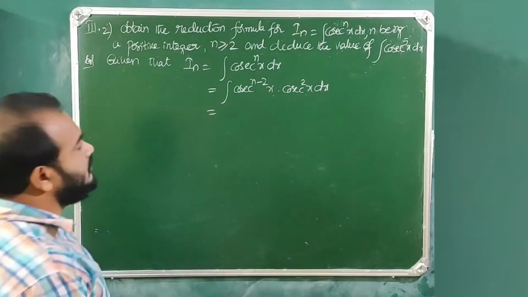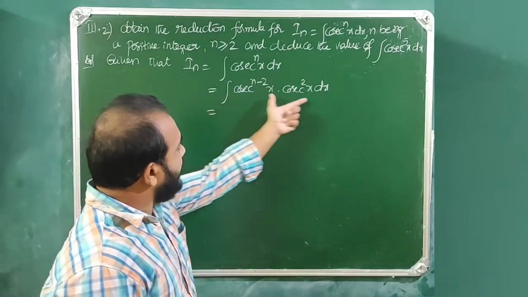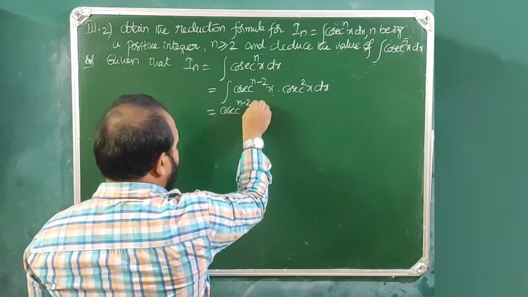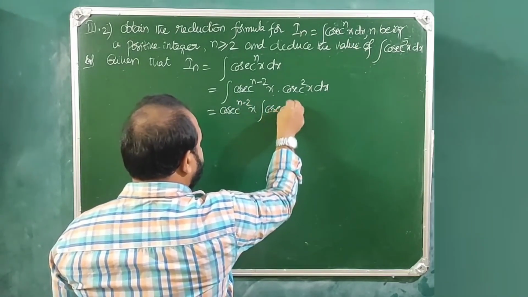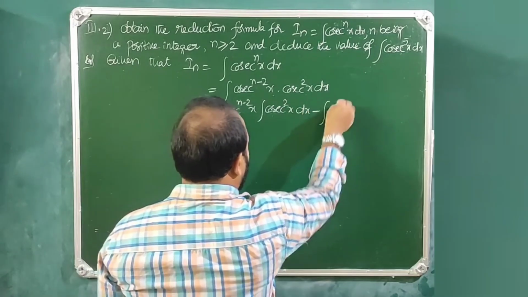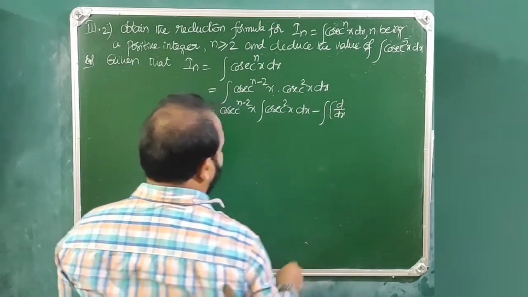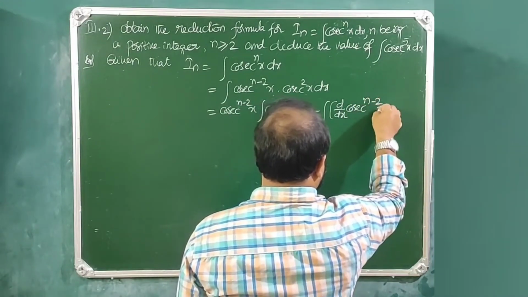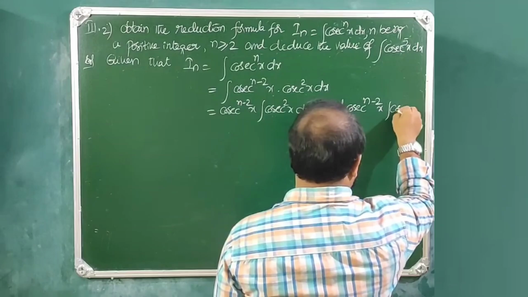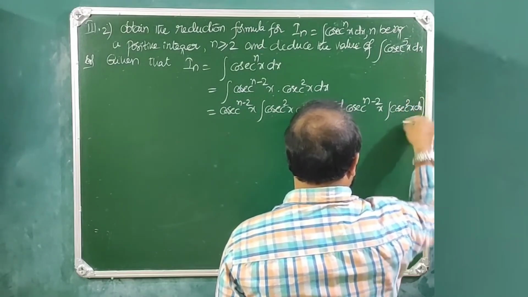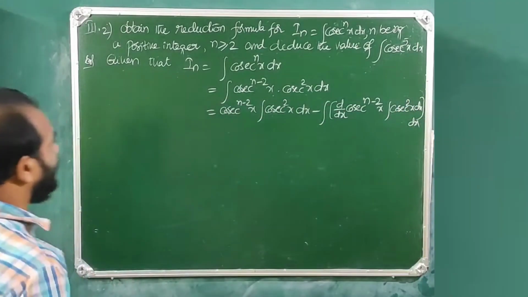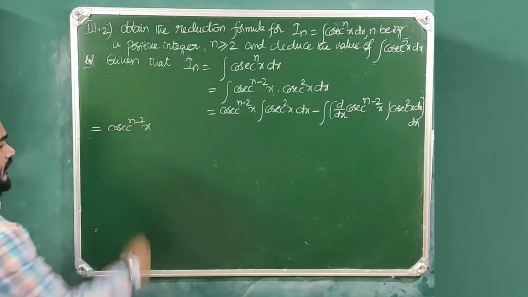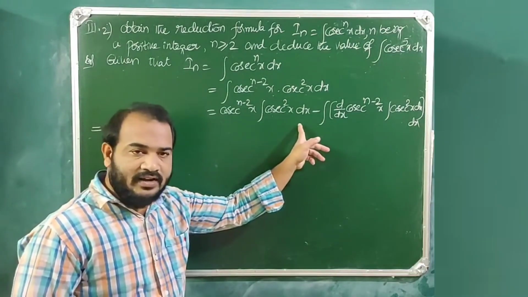So this is the first function and this is the second function. So first function into integral of second function dx, minus integral of d by dx of first function into integral of second function dx, whole dx. So this is equal to cosecant power n minus 2 x, integral cosecant square x is minus cot x,